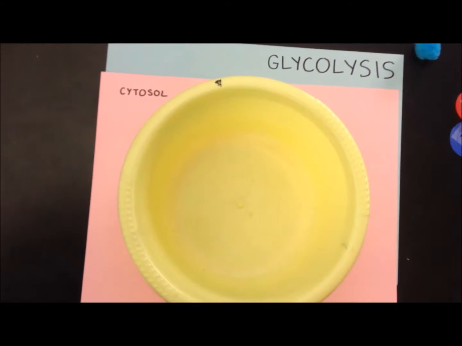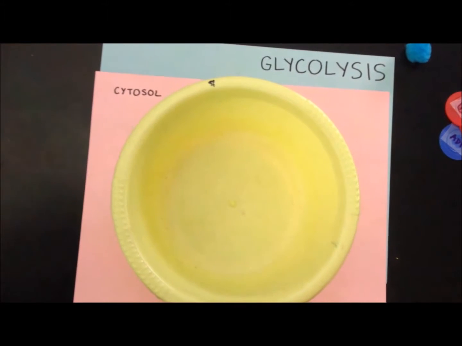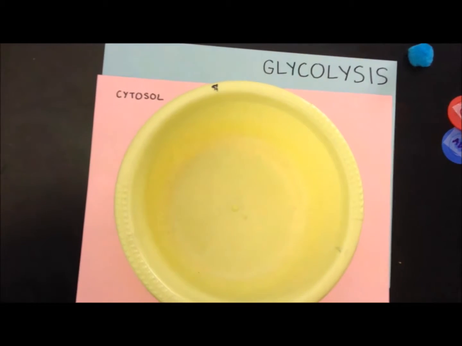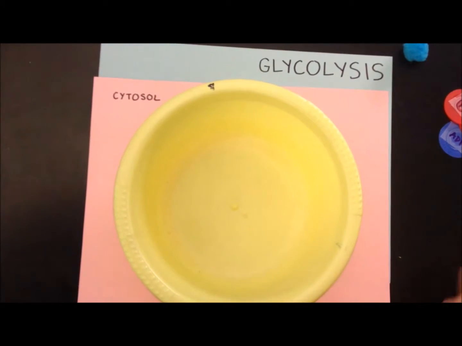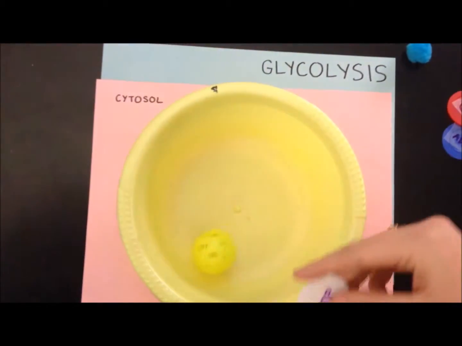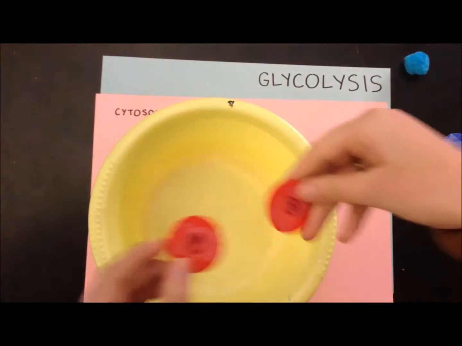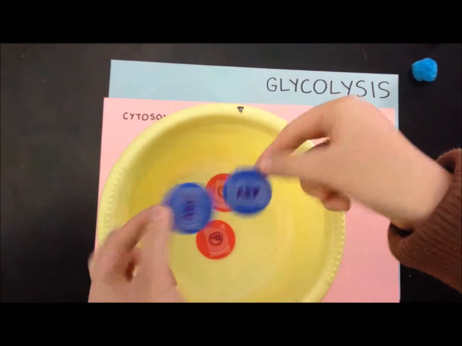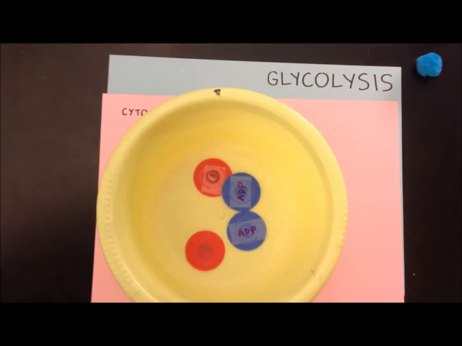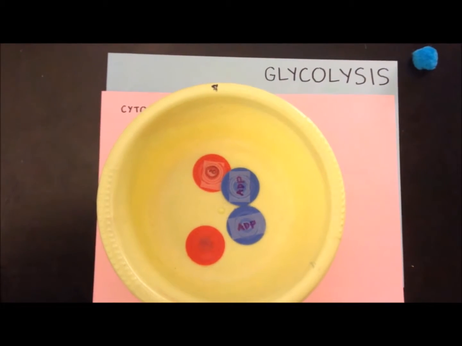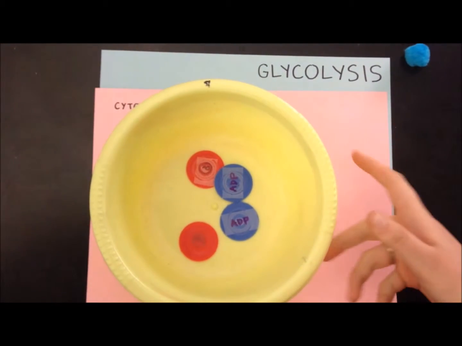The first stage of cellular respiration is glycolysis. Glycolysis is split into two phases, the energy investment phase and the energy payoff phase. In the energy investment phase, 2 ATP is used to transform the glucose from the food into 2 ADP and 2 phosphate. In the energy payoff phase, the products from the previous phase, the 2 ADP and the 2 phosphates, are used to form